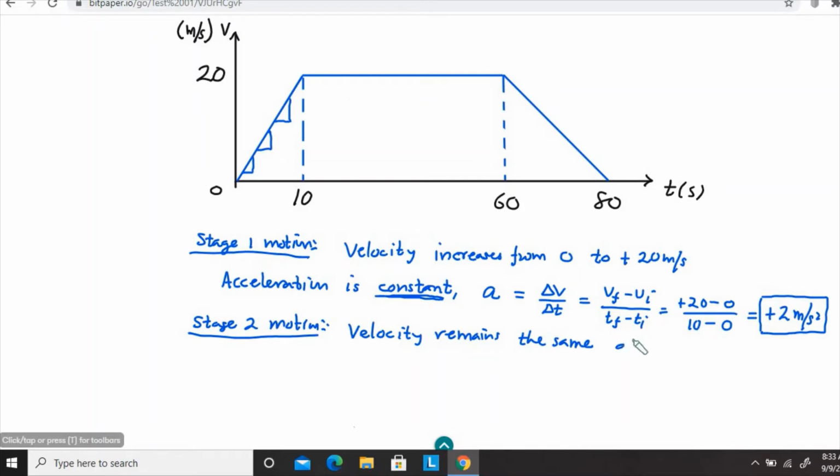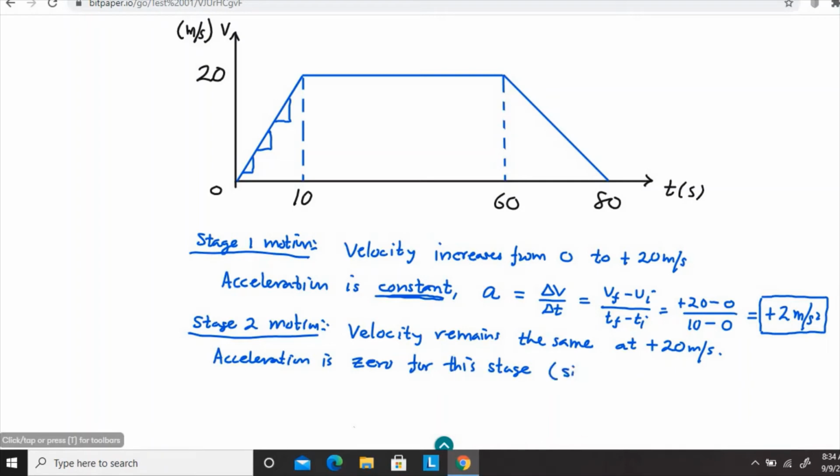Velocity remains the same at plus 20 meters per second. As a result, acceleration is 0 for this stage,